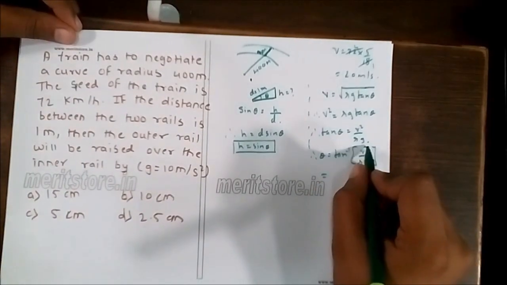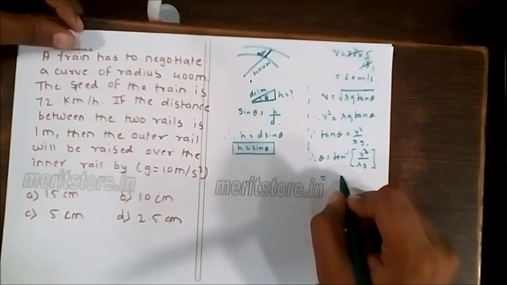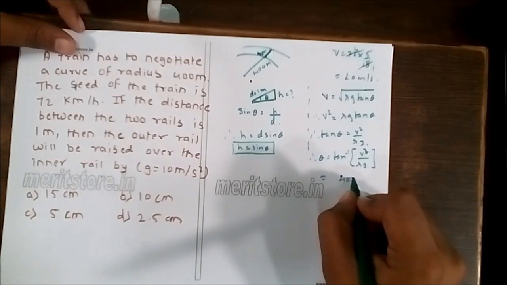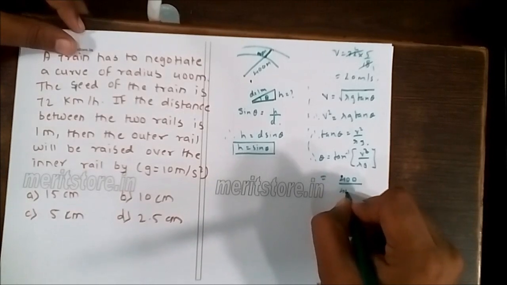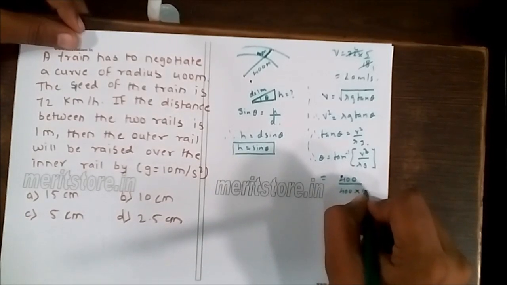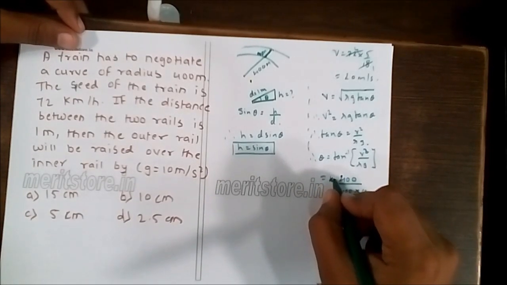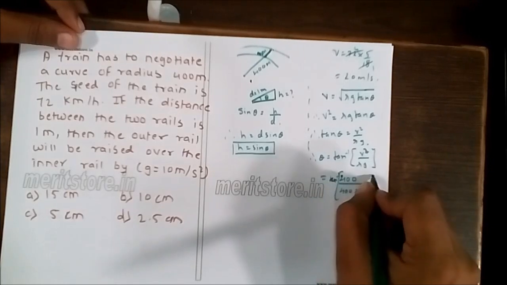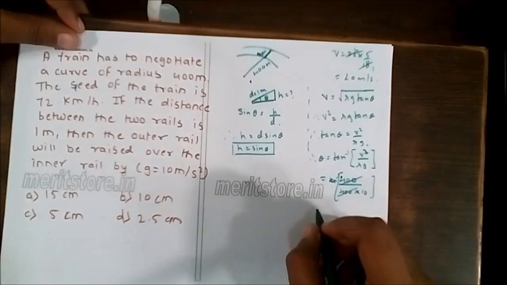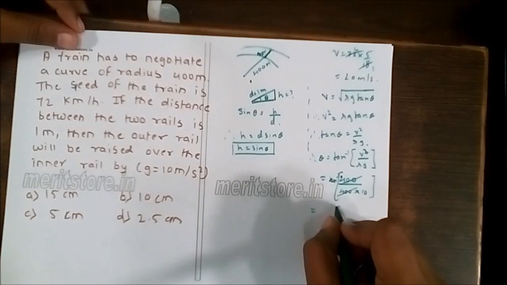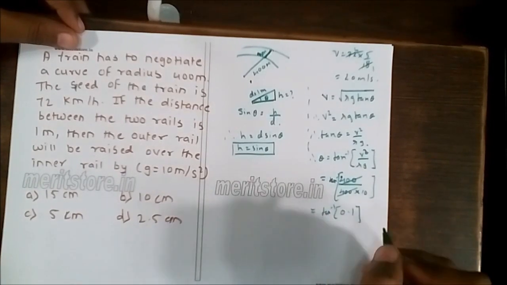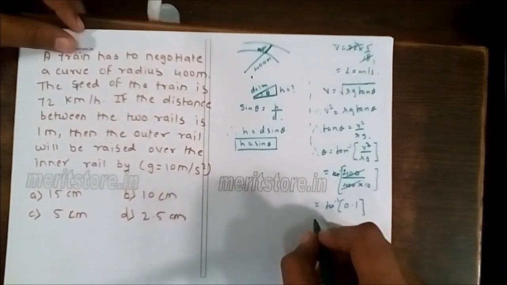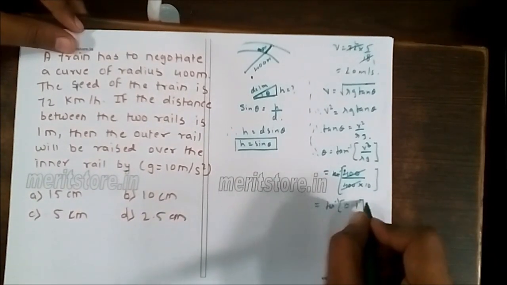Now what do you have v square as? So v is 20, so this becomes 400. R is already 400 and g is 10. So this becomes tan inverse of 0.1. So this is tan inverse of